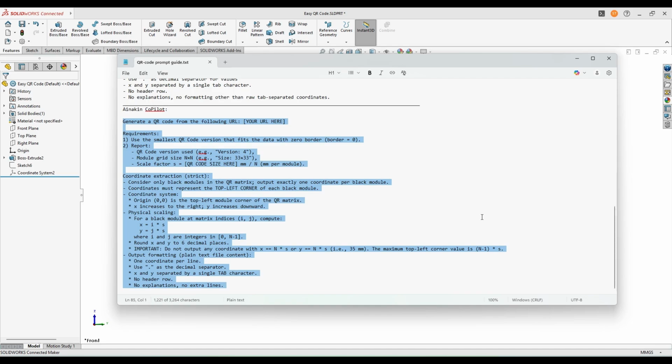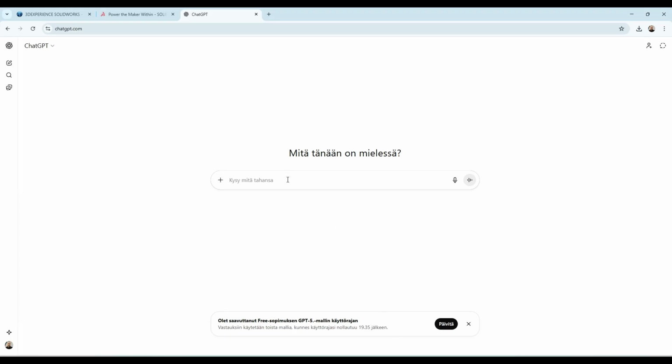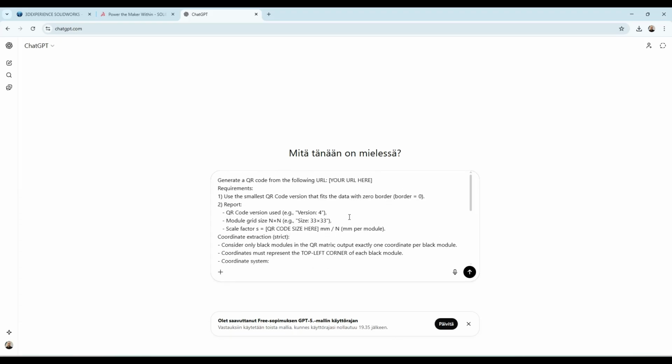So let's copy it here. At this point, I need to say that I have already used my free account limit, so I cannot get it to do the table for me, but you will get the idea.